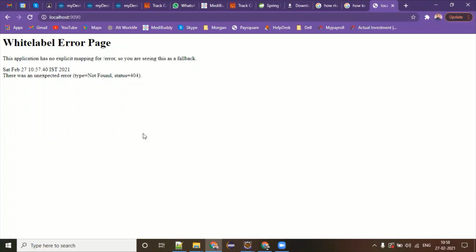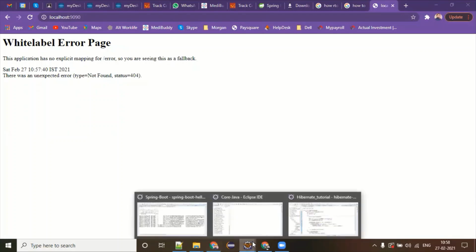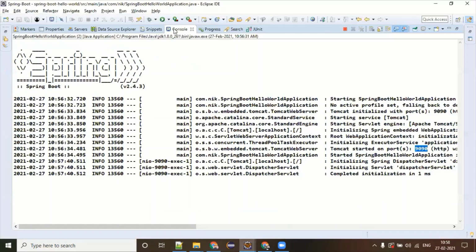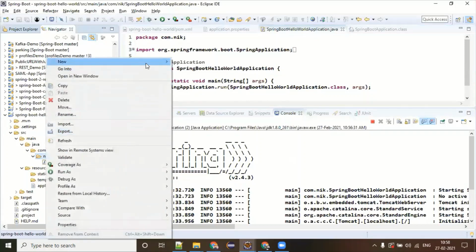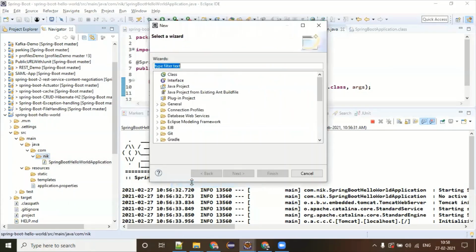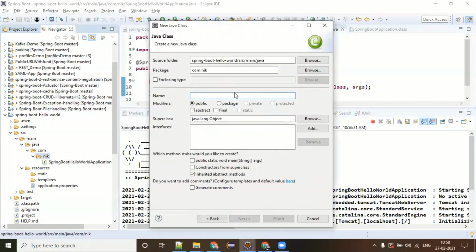But to get a proper flavor of Spring Boot, what I will do quickly now is go to the Spring Boot application and create one controller, in fact a REST controller. Right click on the package, go to other, create a class. I'm giving it the name HelloController.